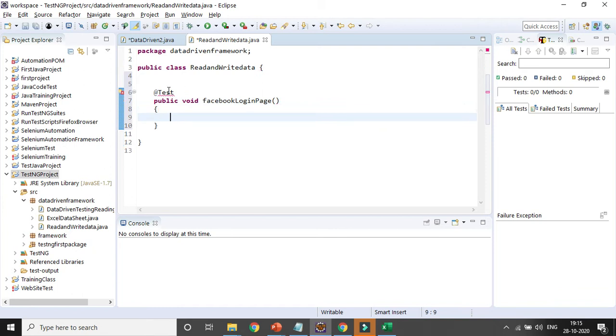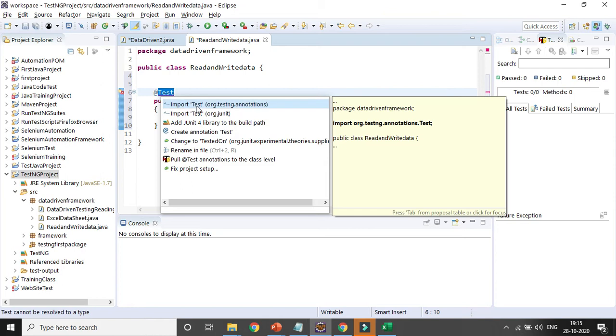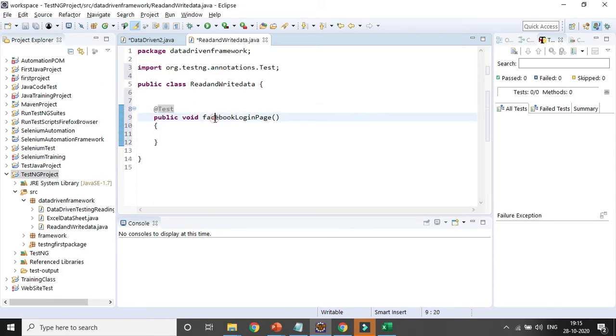Here I need to import the @Test annotation from TestNG, org.testng.annotations.Test. So I already created @Test and successfully created one method, which is Facebook login page.